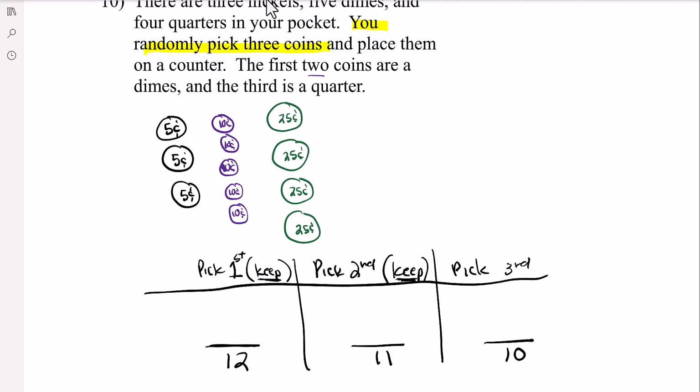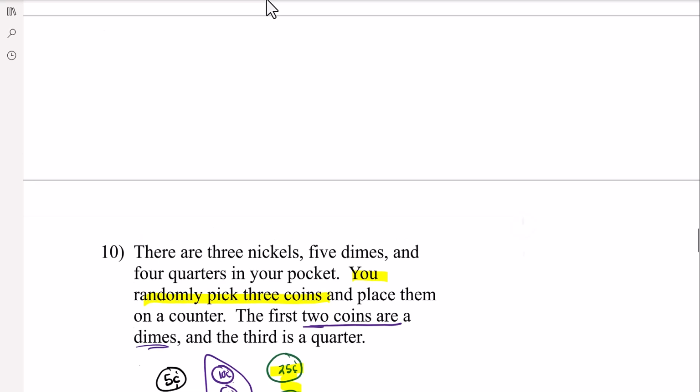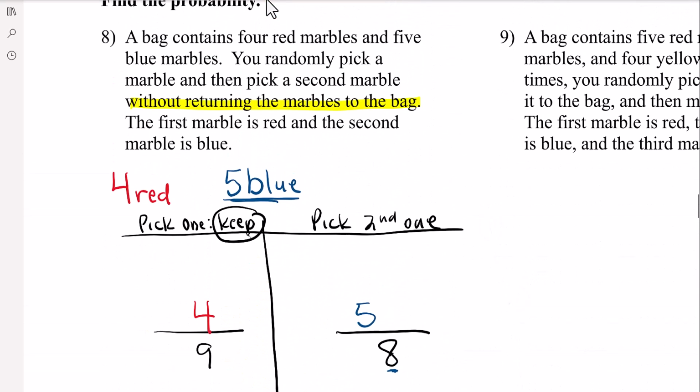So it says the first 2 coins you're going to pick are dimes. So look at dimes, there's a total of 5. But when we pick a dime, that means now there's only a total of 4. So now look, 1, 2, 3, 4, 5, 6, 7, 8, 9, 10. Yep, a total of 10 coins. And then finally, the third one is a quarter. Well, we still have all 4 of those quarters. So if this is finding the probability, it is